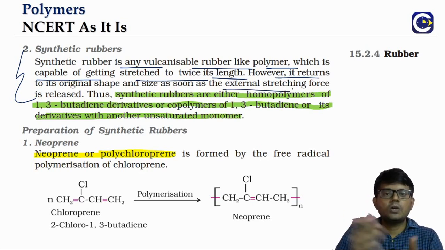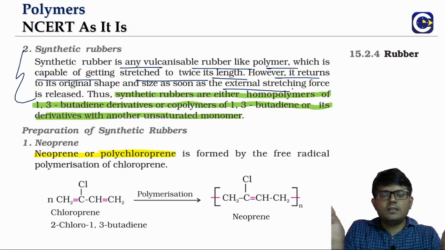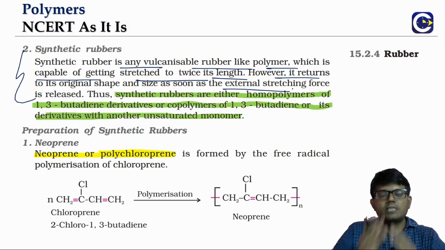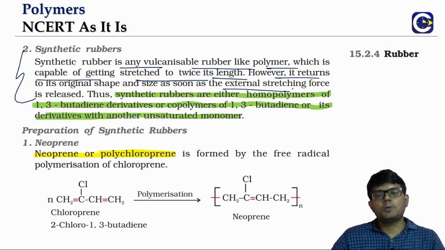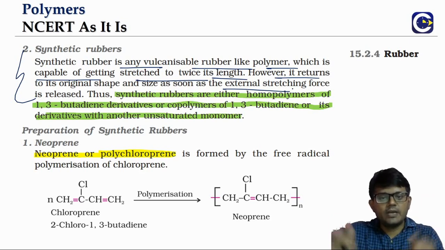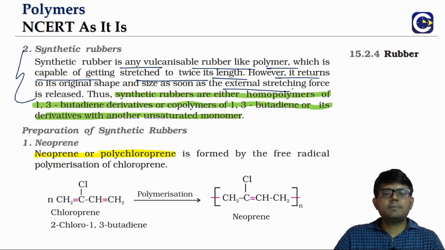So why do we do the cross linking in natural rubber? Because if cross linking is not there, when we stretch it, the natural rubber will just remain stretched. It will not be able to regain the shape. Cross linking actually helps the rubber to regain the shape. So synthetic rubber should have these two properties. It should get elongated. At the same time, it should also get the original shape and size once the stretching forces, we can also call them what? Deforming forces, are removed.